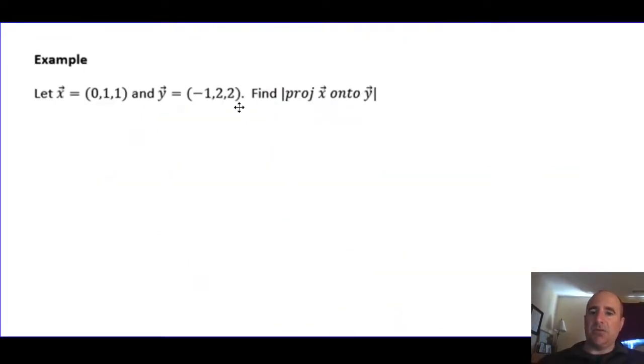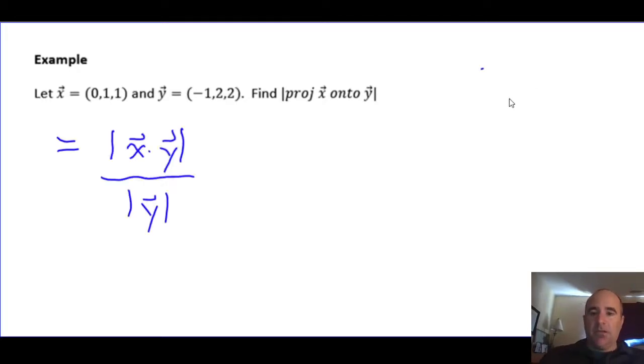In this next example, I'm just pointing out that there are some cases when you just want the magnitude of the projection, you don't care about the actual vector, in which case it's a little bit less work. I can use the first formula that we came up with here: the absolute value of x dotted with y, divided by the magnitude of y. Notice that the projection operation is not commutative. The projection of x onto y is not the same as y onto x. So it's just a matter of figuring out the dot product, taking the absolute value,